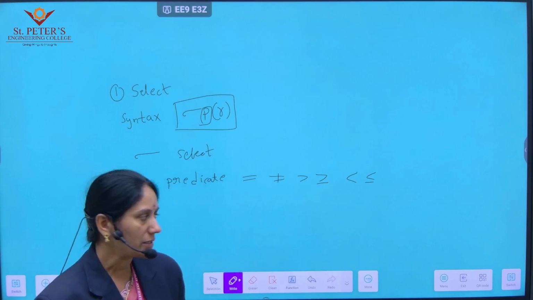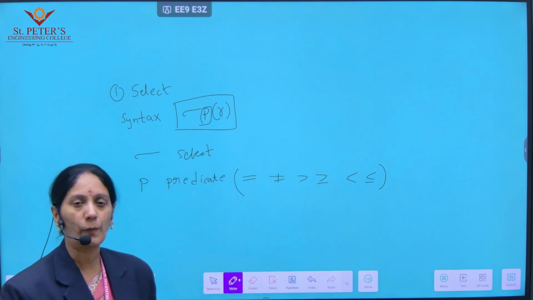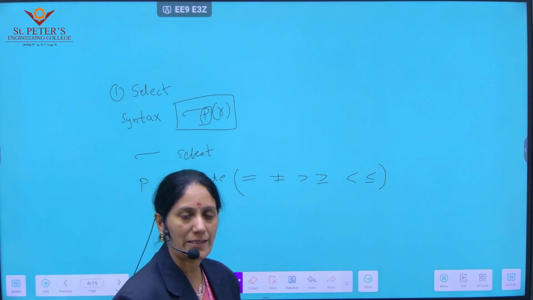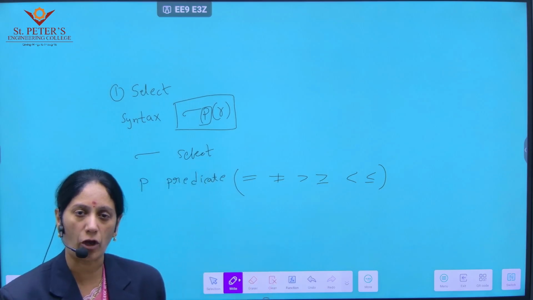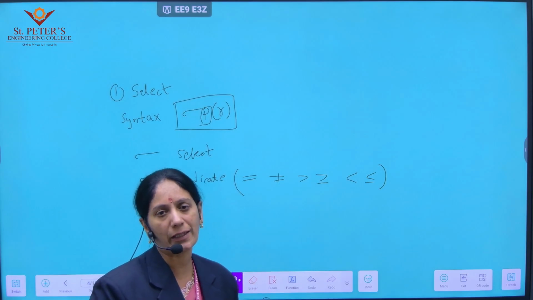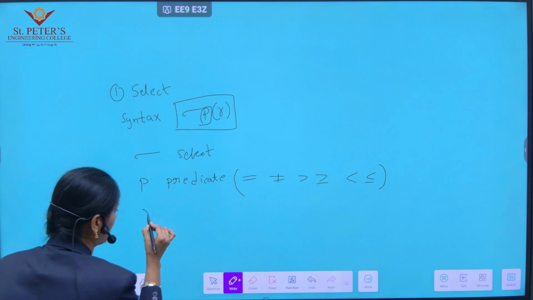These are some different types of predicate operations: equal to, not equal to, greater than or equal to, less than or equal to. Using the predicate operations only, we select the data from the database. And the next, R stands for